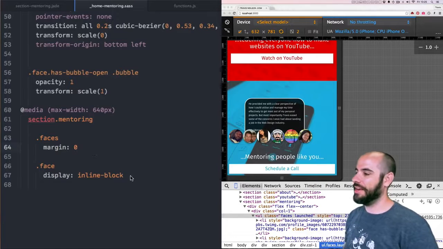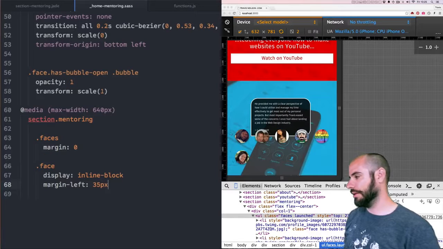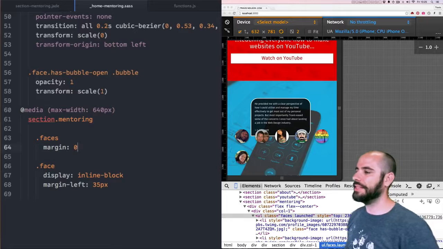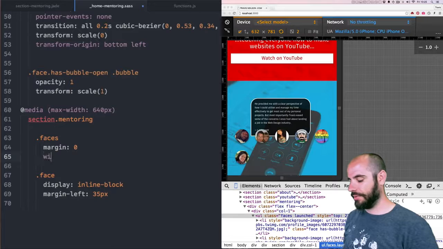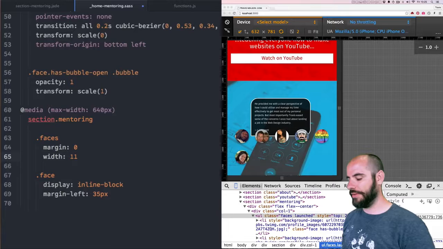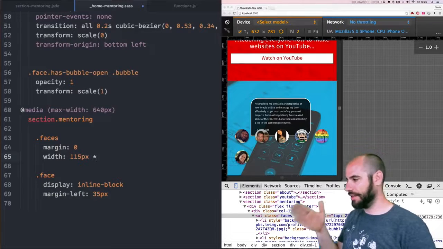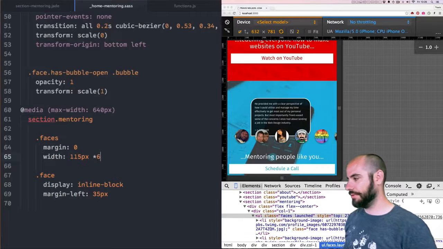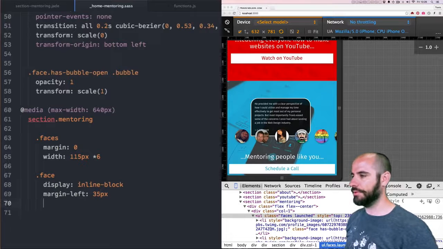So that's pretty interesting. Let's put the face, you want a margin left of, what was it, 35 pixels? Yeah. And I need the faces to have, the box needs to be width. The width needs to be 115 pixels times however many faces there are, and in this case there are 6. Okay, so it's going to be wider. That's good. Let's get that balloon